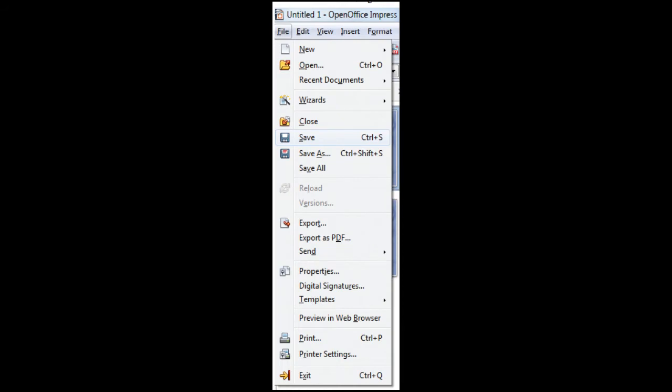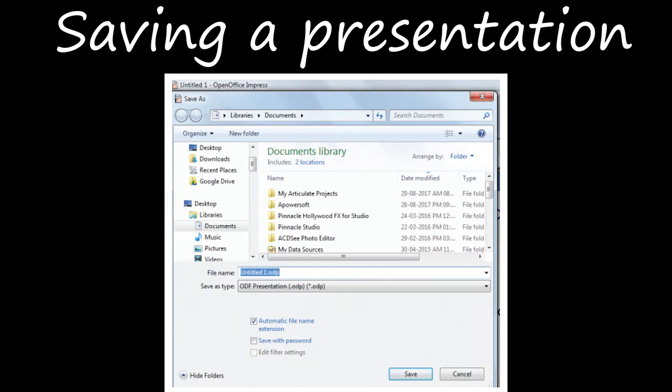Saving a presentation. Next one is saving, you know, we have seen it in OpenOffice Writer, OpenOffice Calc, in everything, right? How will you save? You have to go to File and select Save, or you can just use Control and S, right? After that, the save dialog box will appear, right?